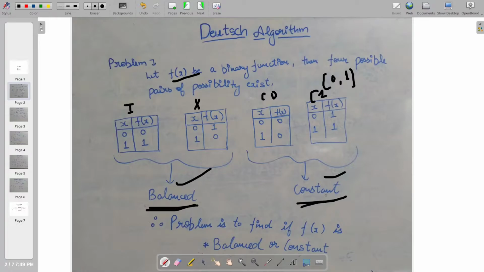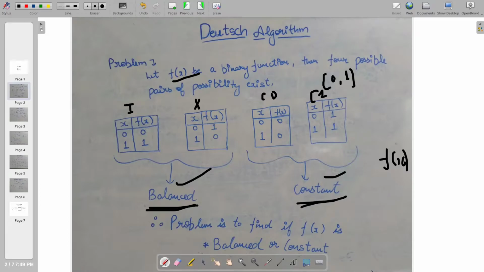Quite a simple problem. We have tackled this problem many times in classical computation, and it has a simple solution in the classical counterpart as well. If we were to do this classically, we would just evaluate f(x) twice, and if the output of f(x) was the same for different inputs, then it's a constant function. Otherwise, it's a balanced function. But the thing to note here is that we had to evaluate f(x) twice in order to make out whether it's a balanced function or a constant function.